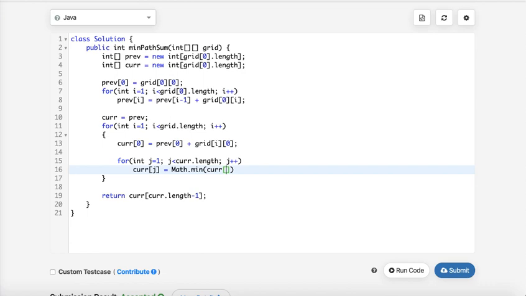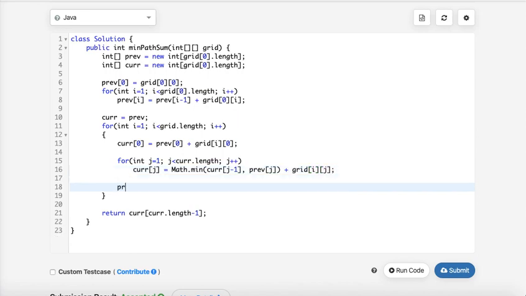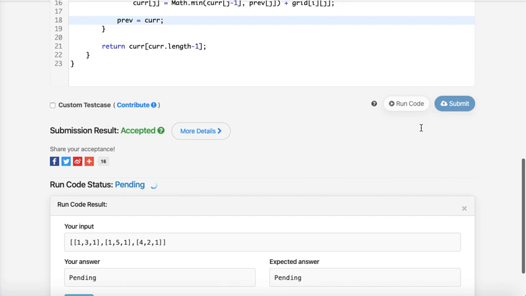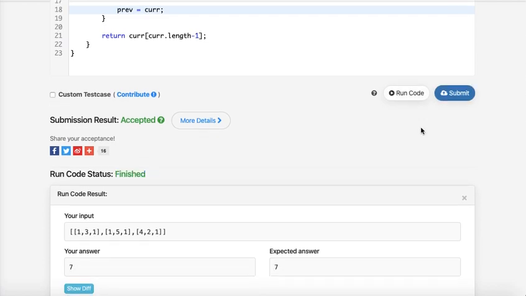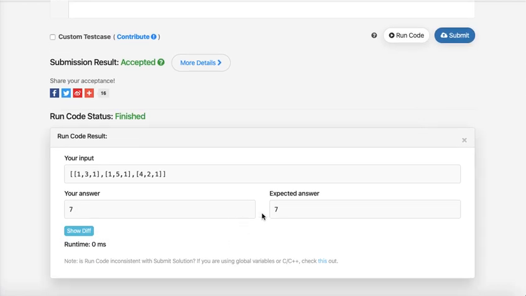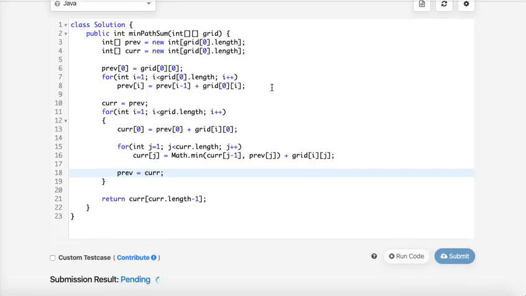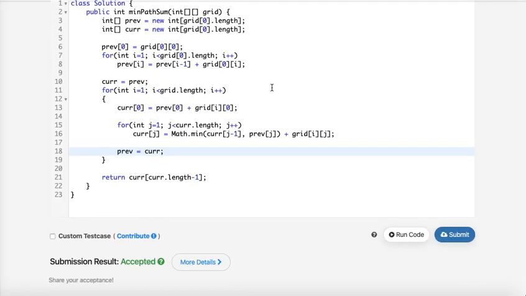So this will be the left one, current j minus 1, and the above one will be previous, sorry, j. And every time I'll reinitialize previous to current, that is the swapping that we have seen. So let's run this code. Okay, we got the same answer. Let's submit it. Cool, it's accepted.